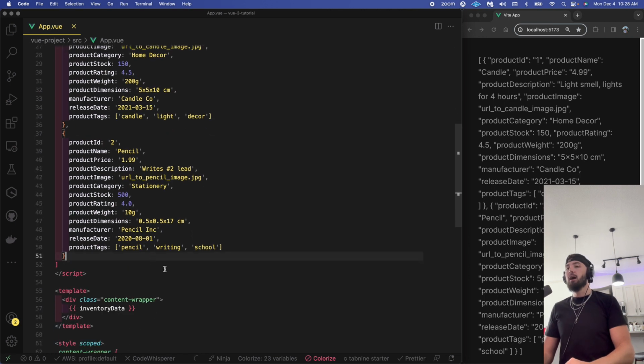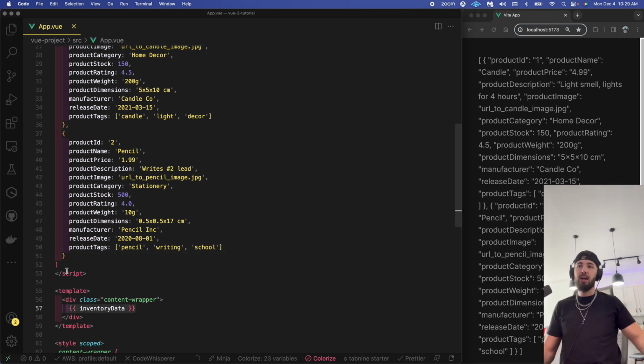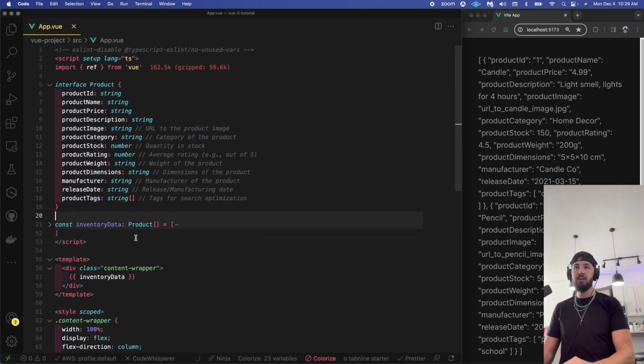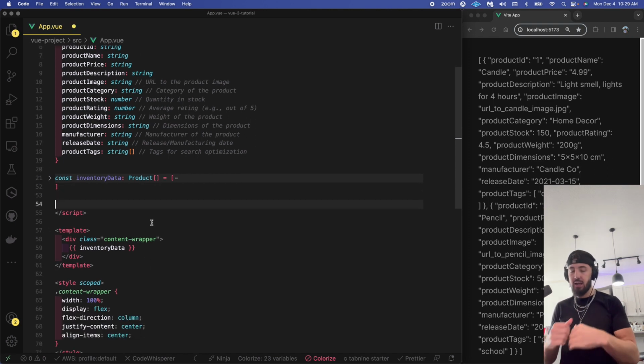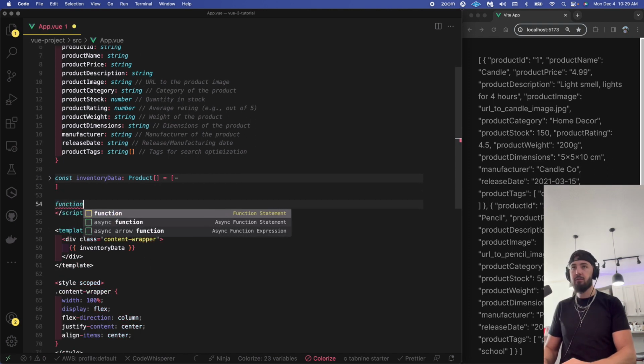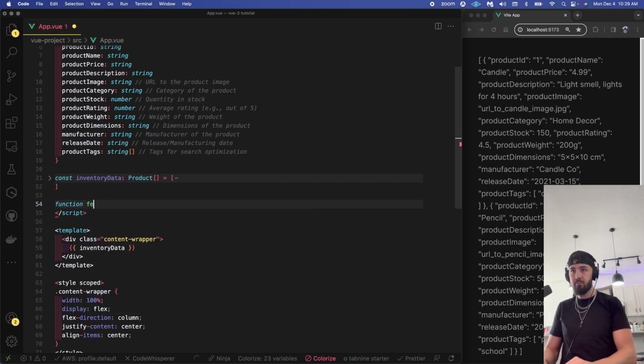So, guys, I'm going to build this out a little bit more though. Let's build out some of this inventory data, and let's see how it goes. But I just wanted to show that I can show all of this data. Let's pretend it's an inventory call, right? So we can manufacture a dummy fetch, if you will. So I'll say function fetch data,